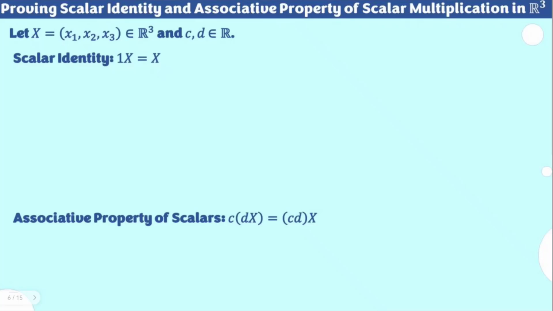For this video, let's try to show and prove the scalar identity and the associative property of scalars for R3. These two are actually the remaining axioms we have yet to prove in order for us to determine that R3 is actually a vector space. We need to structure R3, or the space in R3, as a vector space